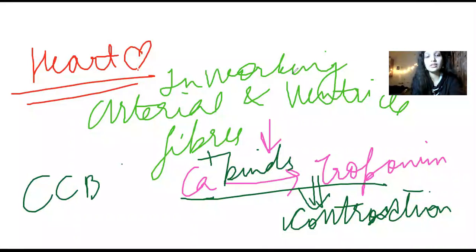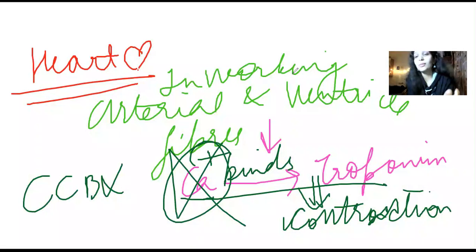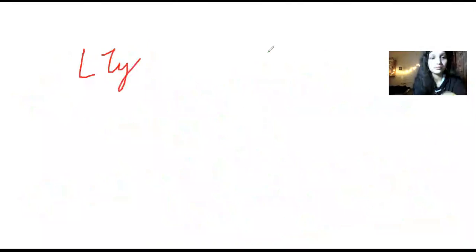So when we give CCBs, it decreases the calcium availability. So the binding is also affected. Thus, contraction does not happen. There is depression in contraction. That is negative inotropic effect. That is decrease in contraction. So this was the inotropic effect in the heart. Next, we have